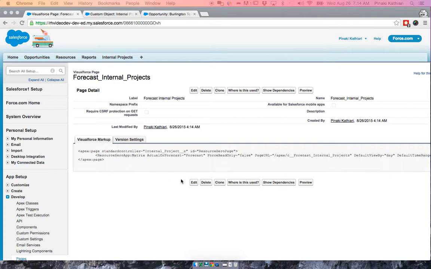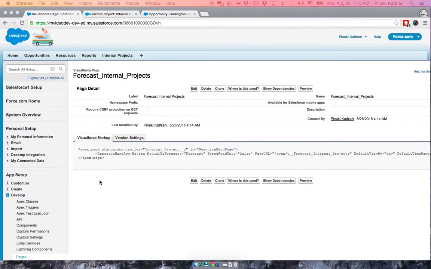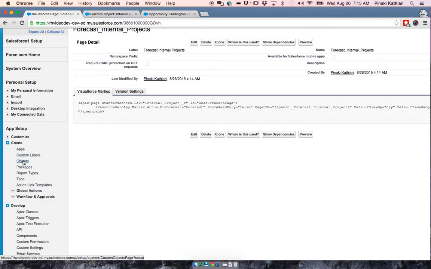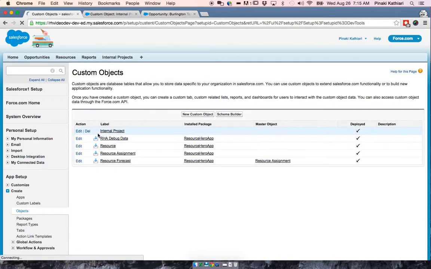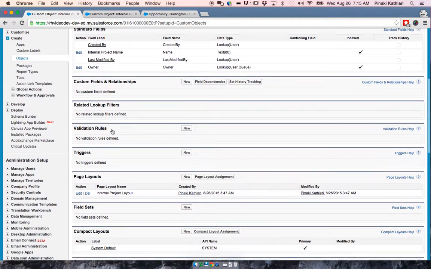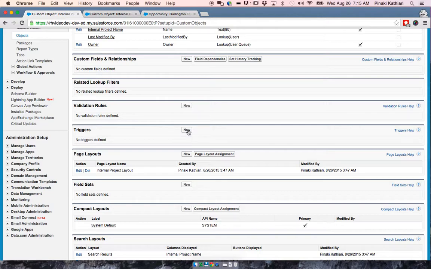So if you're not on Enterprise Edition, you could fast forward a little bit, but if you are, it's a good idea to create these triggers. So first thing to do in creating the triggers, we're going to go to our custom object. So we're going to go to create objects, and here's our internal project. And then we're going to scroll down to our triggers area. So we're going to click on new,